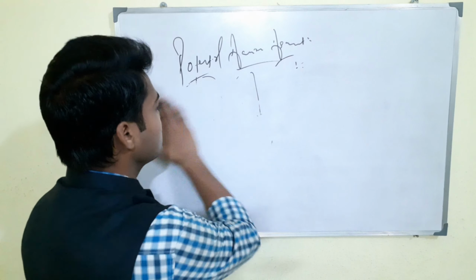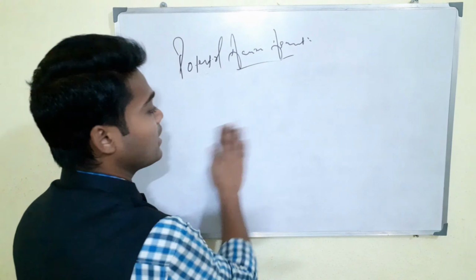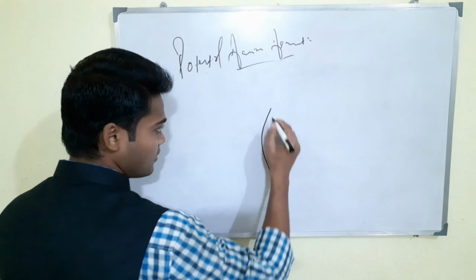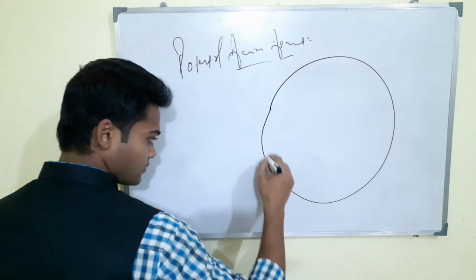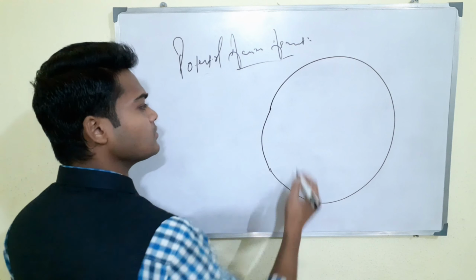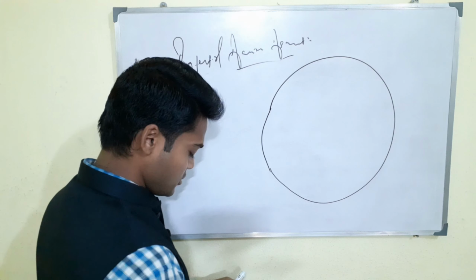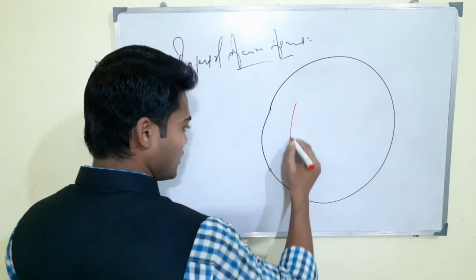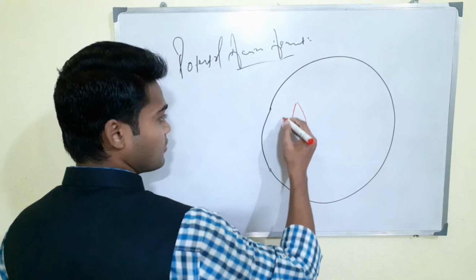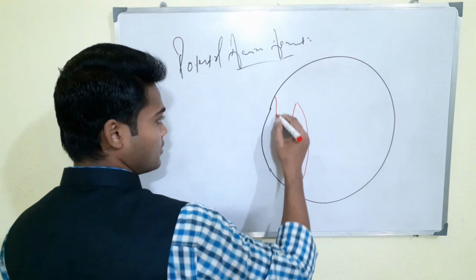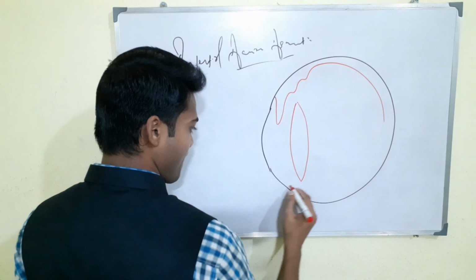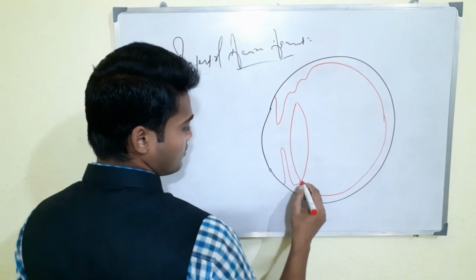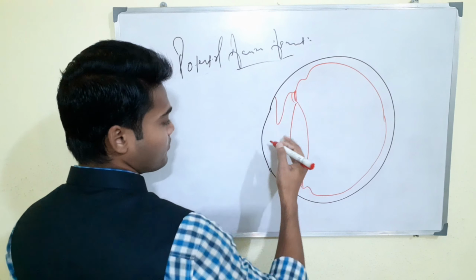So what actually happens, just think like that. As a practical example, just suppose this is the eye, right? I just use multiple colors to make your understanding easy. This is a lens, right? And this part is basically the iris, and this is the zonule, right? Zonule, iris.